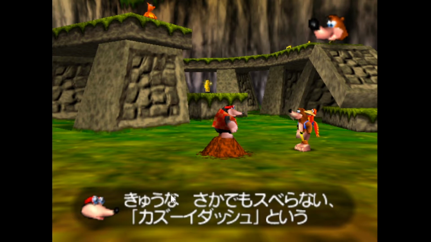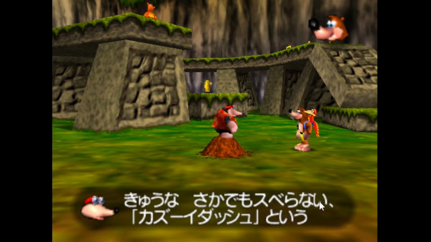But that's obviously a na adjective because he's put na with it to attach it to saka, which is a hill. So kyu na saka, steep hills. Demo, meaning like even, basically, even steep hills. And suberu is to kind of slip or to slide. And therefore suberanai is negative, meaning to not slip or slide.